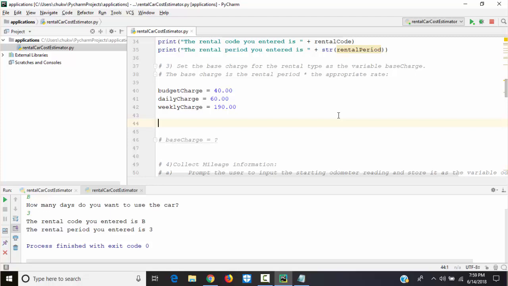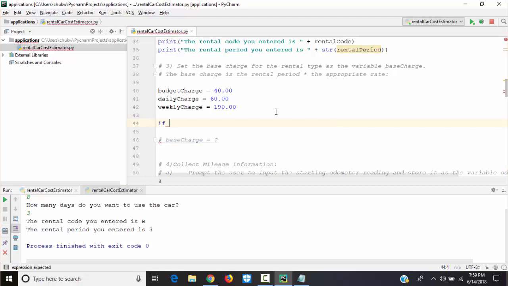So the budget charge is $40, daily charge $60, weekly charge is $190. Okay, so we'll have a conditional statement, but it has 3 conditions. So we'll use the elif. So this is what we'll do here.